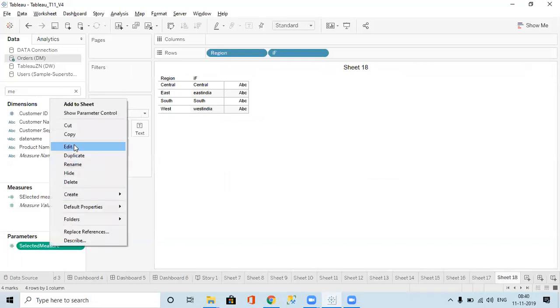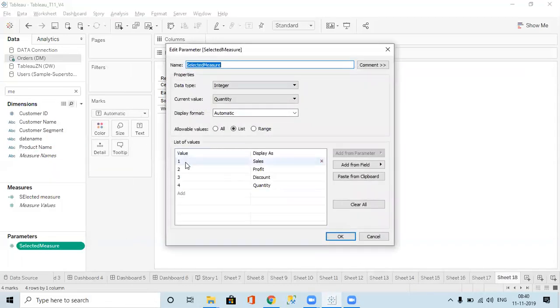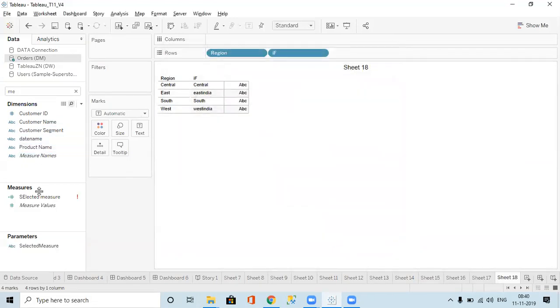In the parameter, I have given 1. I can give sales also, no issues. But sales will not be taken because the data type is integer. So you can give the string like this, and now you can give this: when sales, or when discount, or when profit, when quantity. Did you understand? So this is the parameter I have given, but in the calculation what I have written, see,